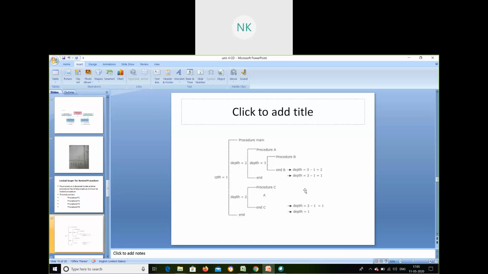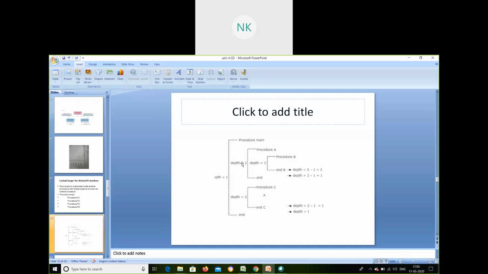Yes, initially, every main block will be starting with depth 1. The depth for the entire program will be calculated as 1. And the procedure which is next, which is inside your main block, the first procedure will be your depth 2. So if it is having any nested procedure, so for procedure A, I need to have procedure B, correct?